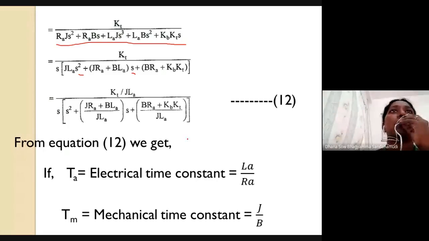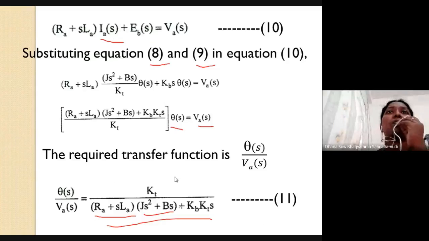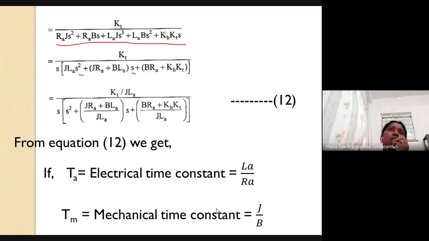So if you want, you can do it. Otherwise, you can leave it. It doesn't matter. You need not further simplify. Once you determine the transfer function, it is more than sufficient. If you want, you can simplify. I have simplified it further, that's why I'm teaching this. But there is no need to do all this. Once you determine the transfer function, it is more than sufficient.